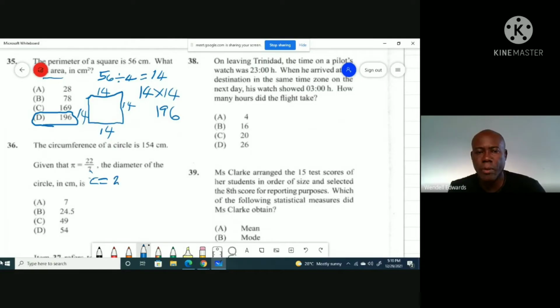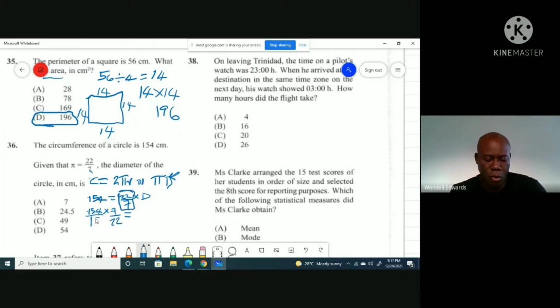So we could say 2 pi r, or we could call this pi times the diameter, because 2r gives us 1d. We are saying that 154 is equal to, we could say pi times diameter, and the pi is 22/7 times the diameter. So we're trying to find the diameter. It's simply going to equal 154 times